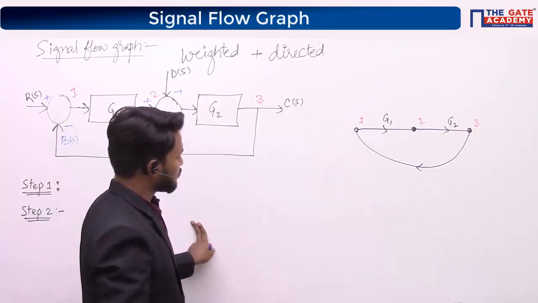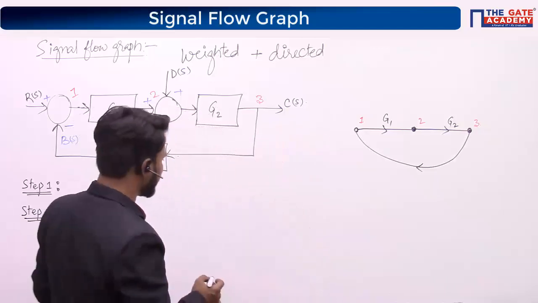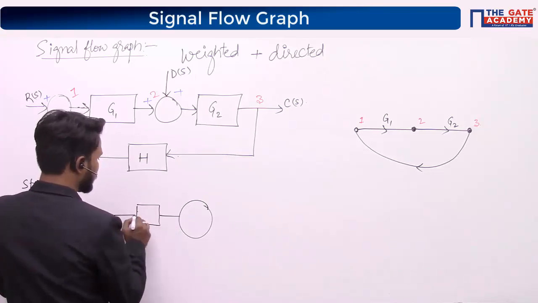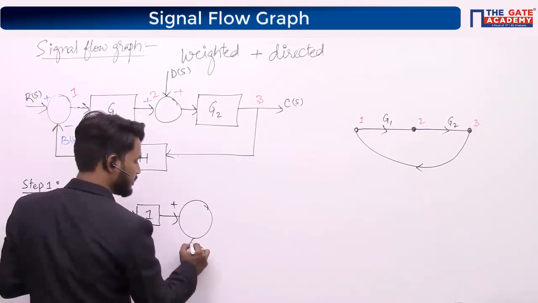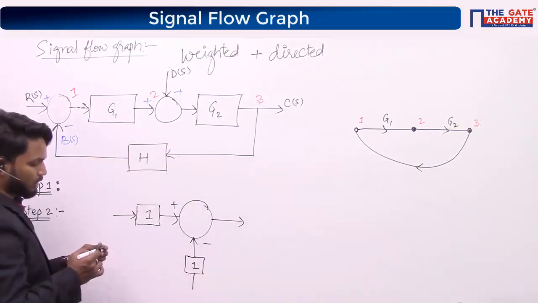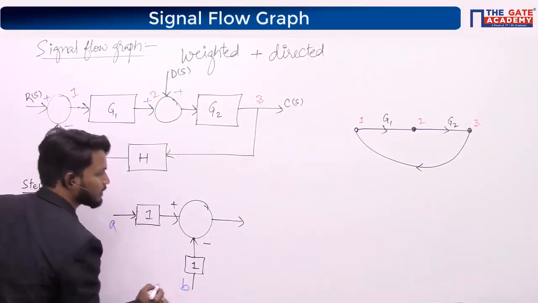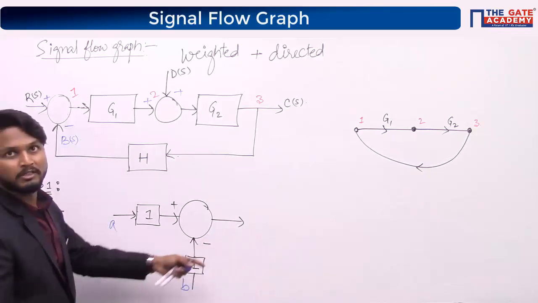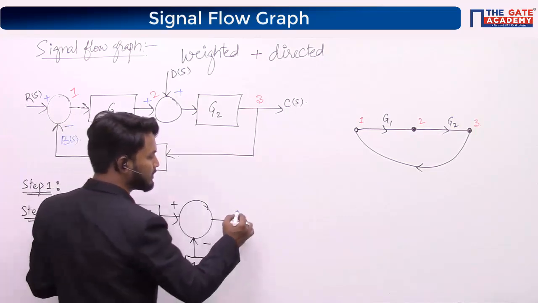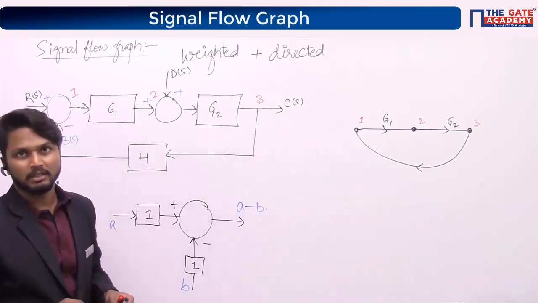So I just want to perform a summation like this. See, the gain of this particular block is 1 plus here, minus here. The gain of this is 1, right? I have two signals with me. Let us say A here and B here. What is the output I am going to get here? Tell me the output. Output I am going to get here is A minus B, right? Very good. A minus B.